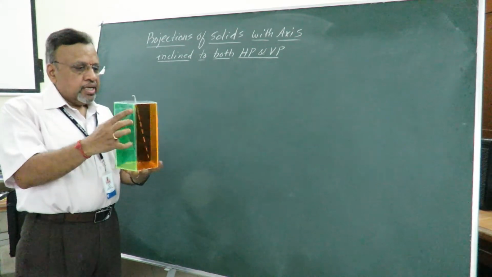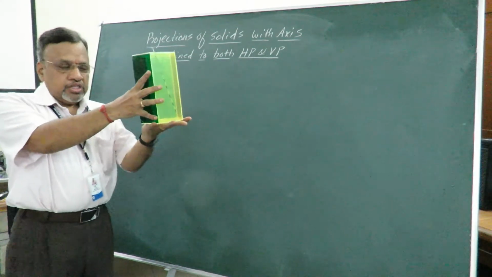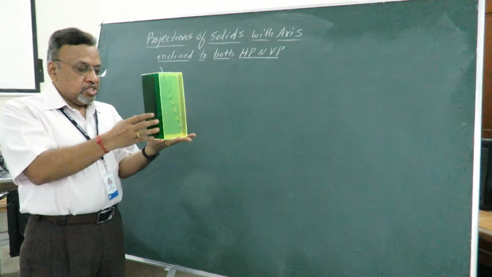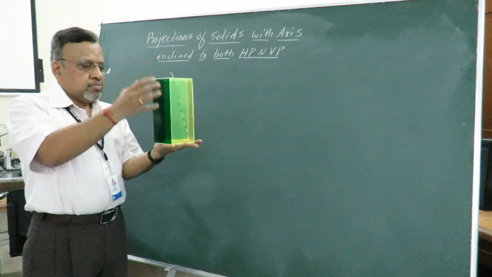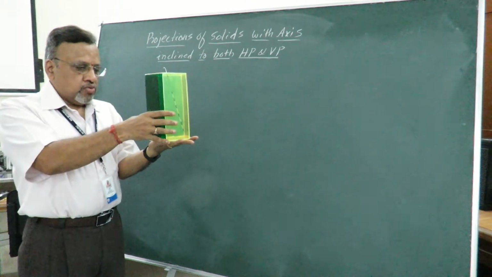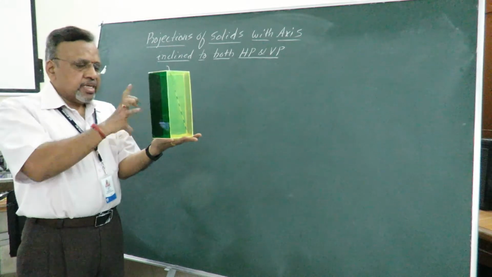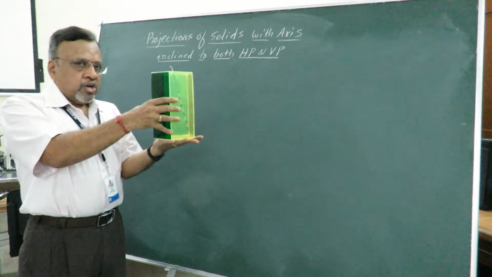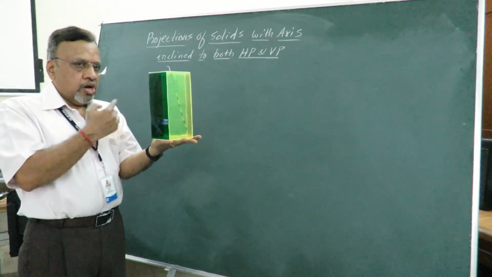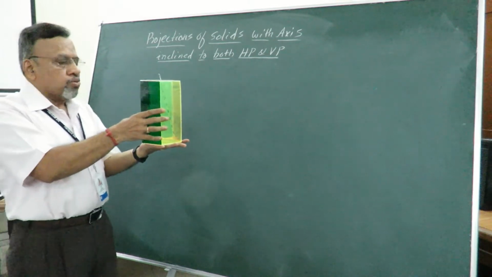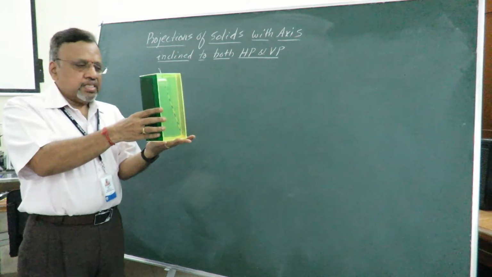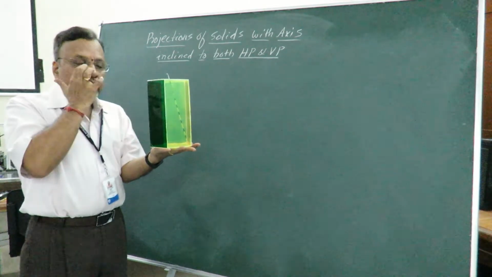So if you just remember, in the last class, what we did was we had a pentagonal prism resting on one of its base on the ground, so that the axis is perpendicular to VP. Then we did the projections. And if we just see the projections, what we did in the last class was only a single stage. That is, when the solid is in simple position, we can achieve that only in a single stage. Now, as you can see in this particular case, what we want to do is to see that the axis is inclined to both the planes. Now for that, let us say when the axis is inclined to one of the planes also I can say.